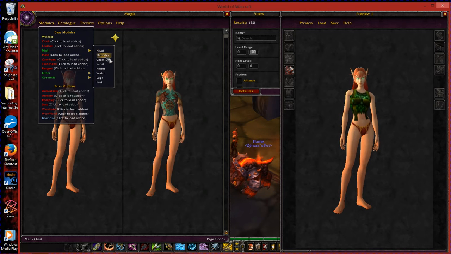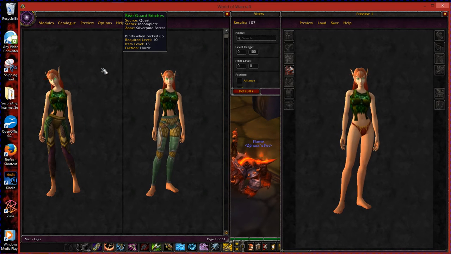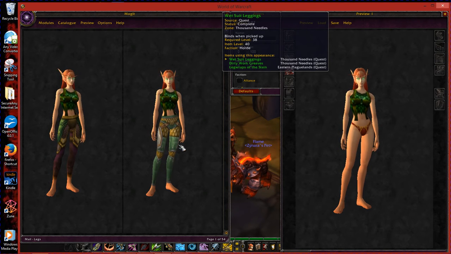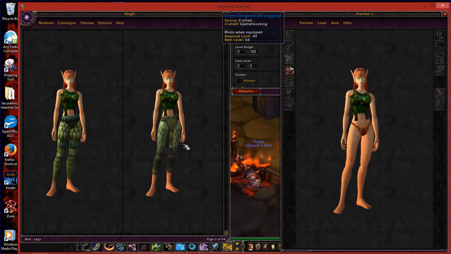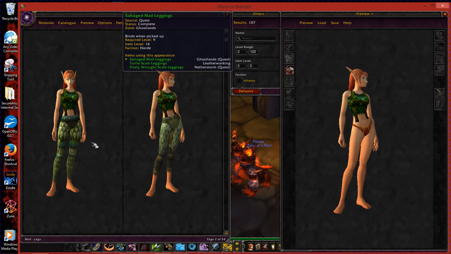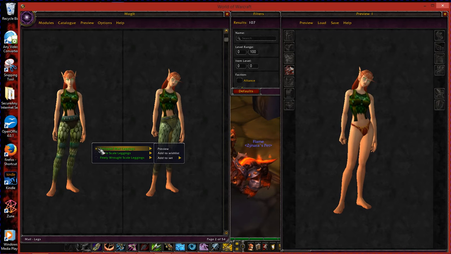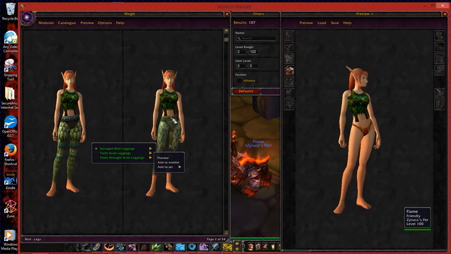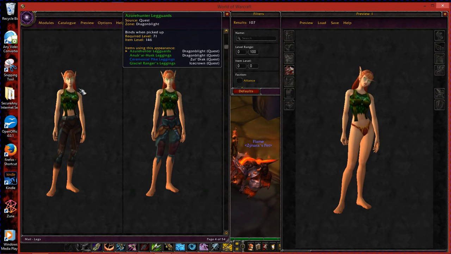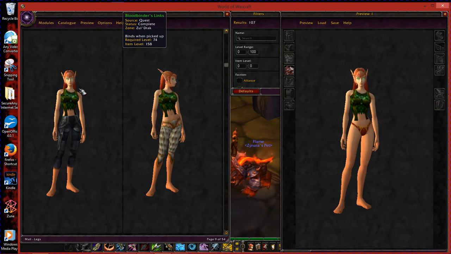So you go over here and you say, I want to look at the legs. And yes, she's got very nice legs, thank you. Okay, not very good matches, but they do have green in them. Let's see if we get, okay, no, still sort of green. And as you can see, this one here, again, has two quest ones I could choose, or leatherworking. So again, that would be a right click, choose the one that you want, and preview puts it over here. But I don't want that one because it does not match the shirt. And I scroll through, and I scroll, and I scroll, and I'm not finding a match.